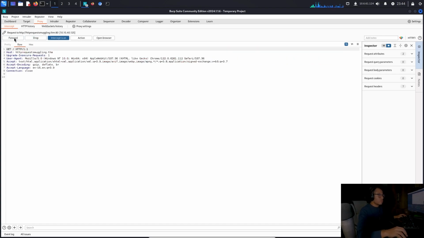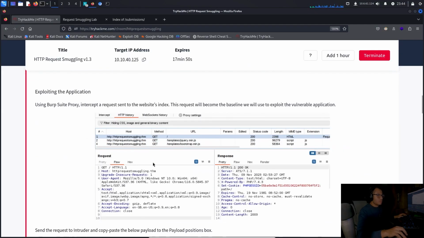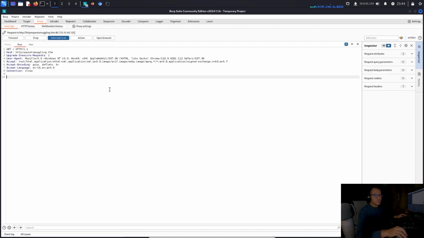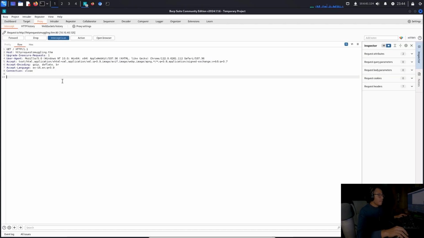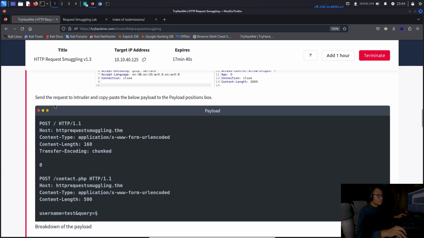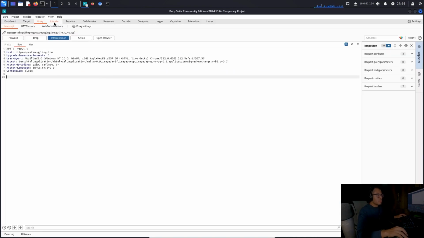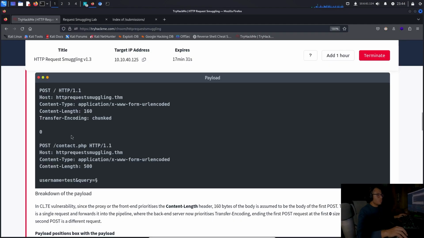Okay, so if you forward. Okay, so this is the request that we were looking for, right? And this is the request that they also sent to the intruder, right? Once we get this request, we can basically send this to the intruder. Send the request to intruder and copy paste the below payload. Sure, send to intruder. Then we go to intruder, and then you were able to see that request. And now we want to just